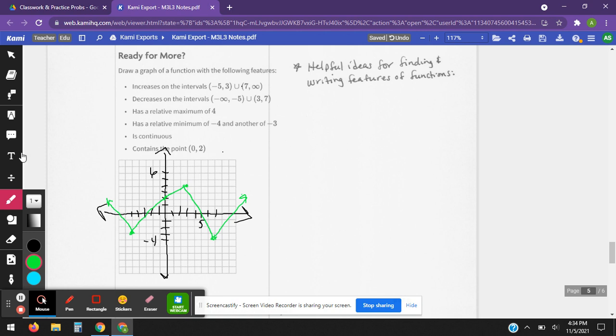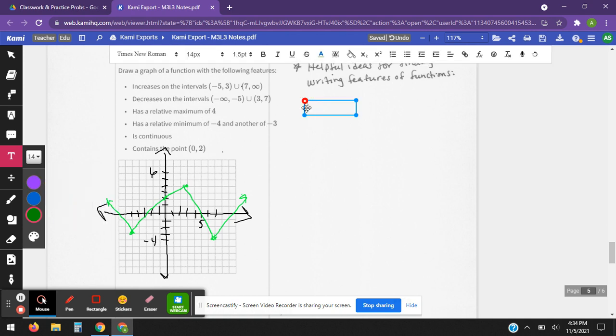All right, last little bit. Helpful ideas. So just a few things that I feel like have helped us to figure out some of these. One thing we did was with our domains. Let's just note that, do this in purple: domain and range can be written in set notation